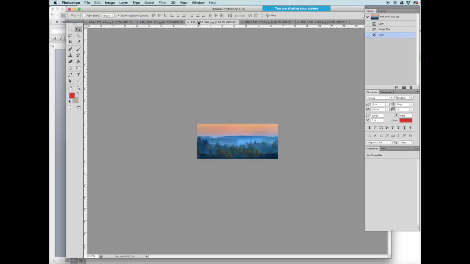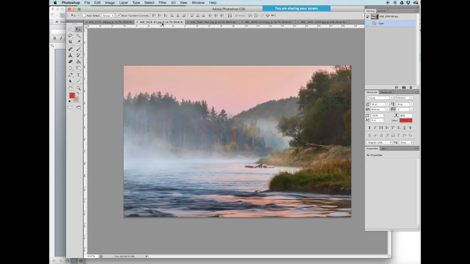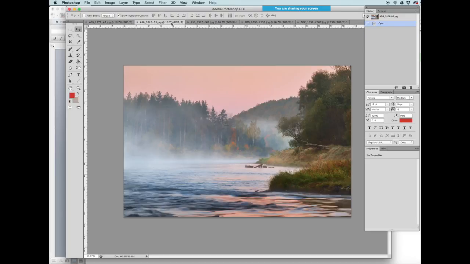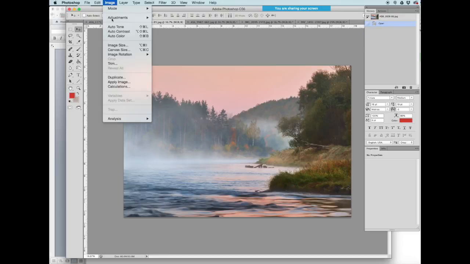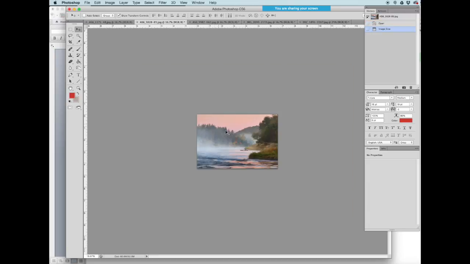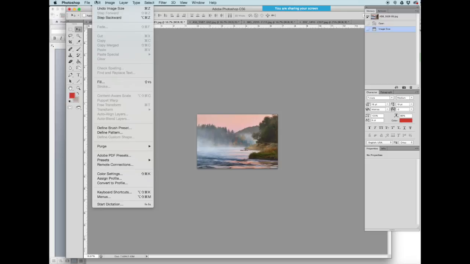Now this is something I'll show you. I want this image to be pretty much the same size as this image, because I might use it in a header. So I'm going to size this one to the same width as the other one, which was 2000 pixels. But to guarantee it's the same size, I'm going to